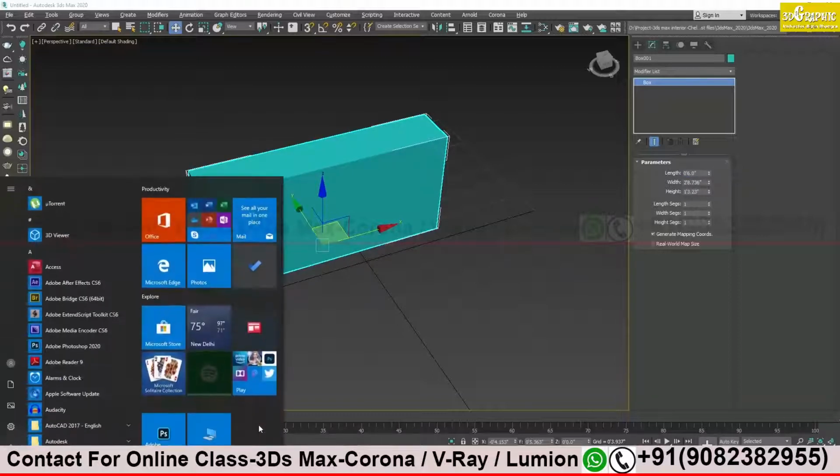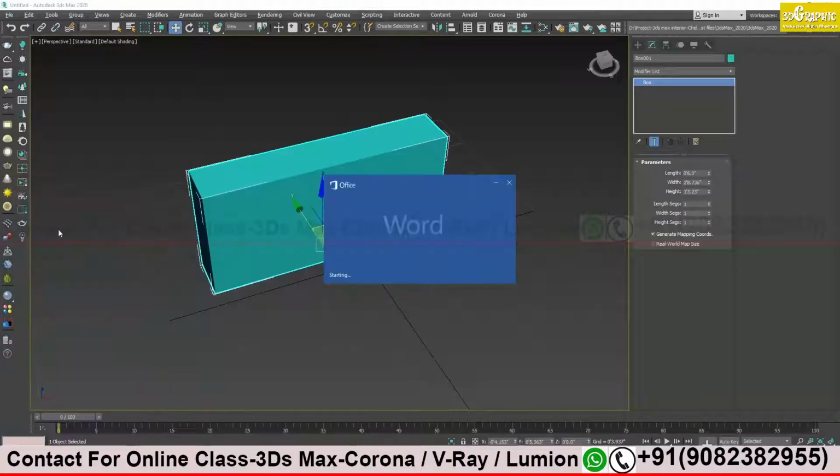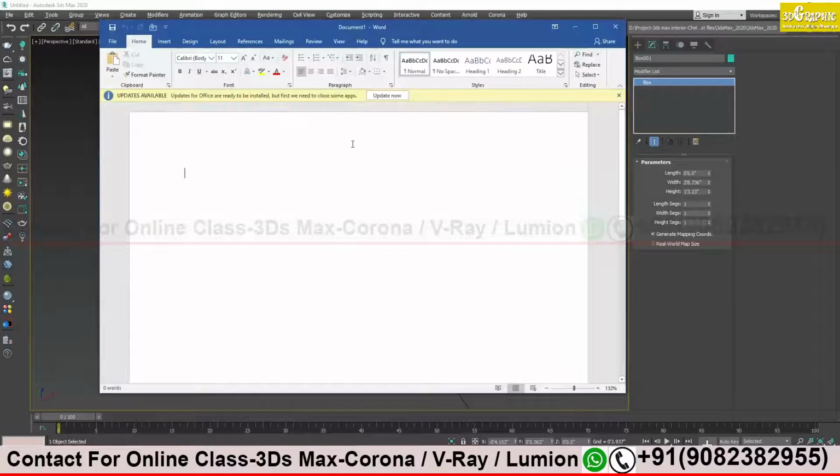I will just quickly show you in Word also what I am typing on my keyboard. You see the inverted commas? If I write something within inverted commas, this is also denoted as inches, remember.